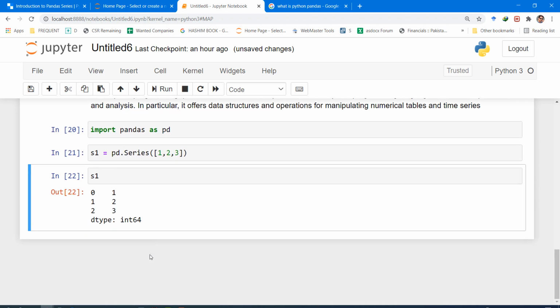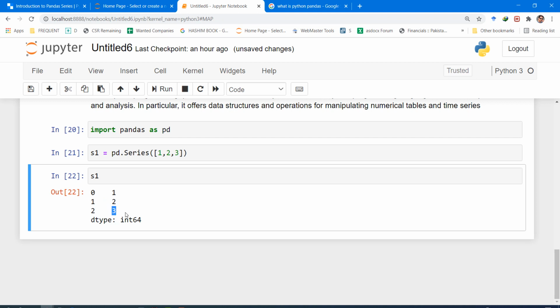It looks like this. As you might have noticed, the pandas series is printed in a specific way. In the first column we have the index of each item. The first element 1 is located at index 0, and the second element is located at index 1.